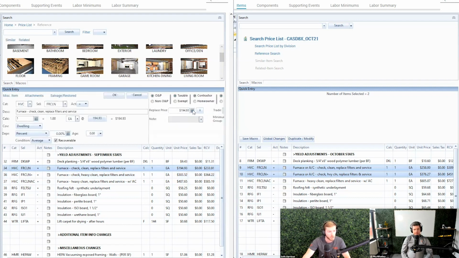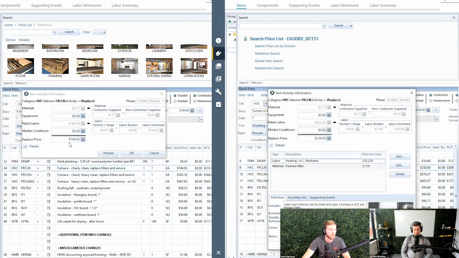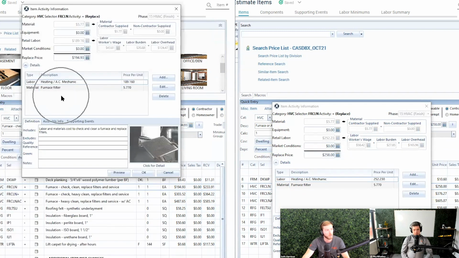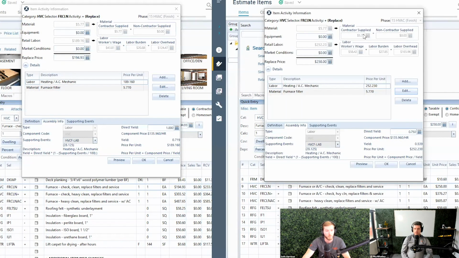And there was a big change to the direct yield component for the labor as a result, because traditionally, in the September 2021 version that was just for furnaces, you had a direct yield of 1 heating, AC mechanic, 1 for here. But they've updated it to 0.75 here,